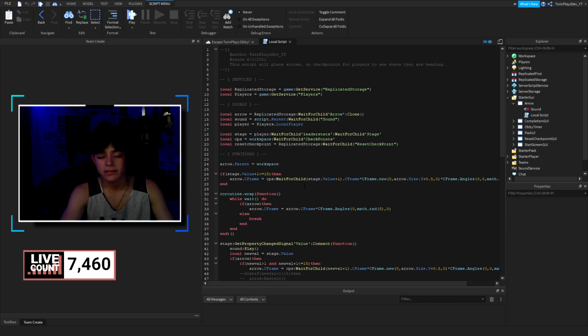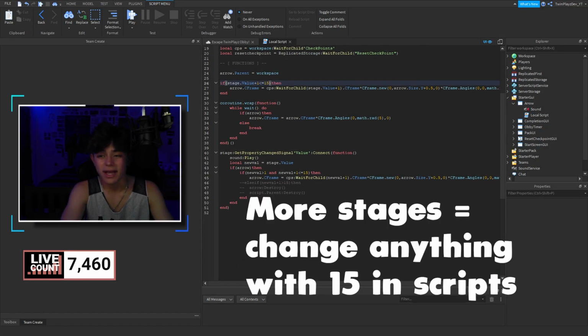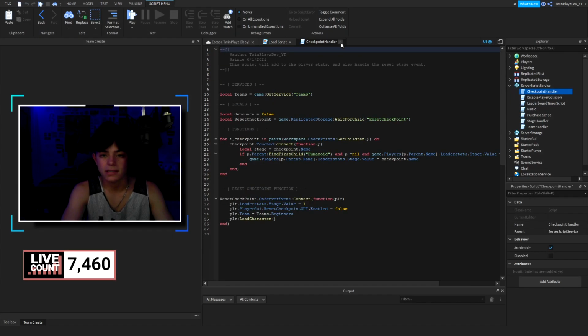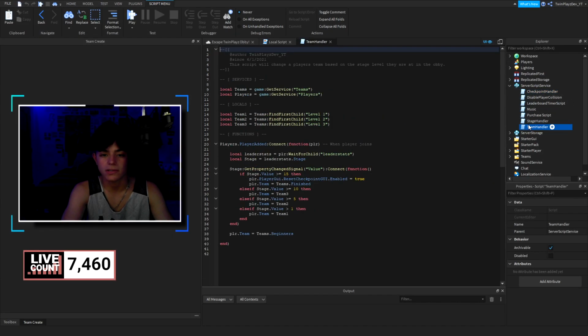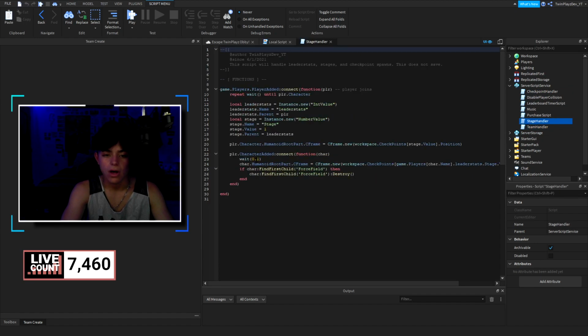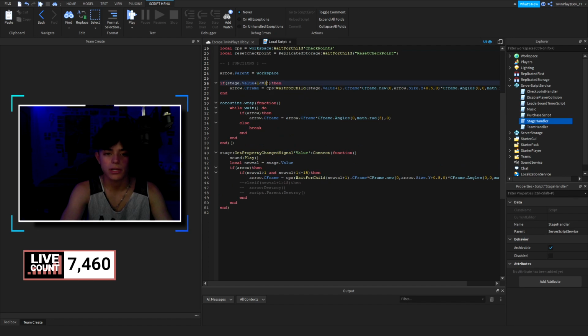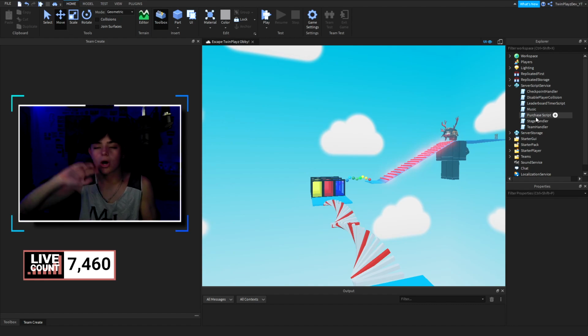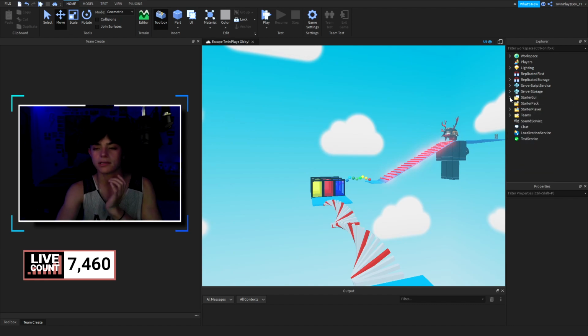But one thing I'd recommend is if you have more stages, change this number to, you know, like 25, whatever you want to change it to. I didn't really explain that in the last video, guys. So if you have trouble making more stages and you want to go expanding, just let me know in the comments. It's actually pretty easy. You just gotta go to team handler, you can change this higher, go to stage handler, you know, all that jazz. Just really turn up the numbers. Anything that you see of 15 in the scripts, go higher. That's what I'm saying. Pretty easy.